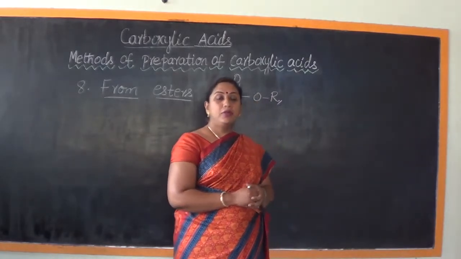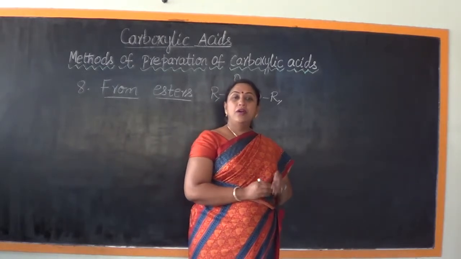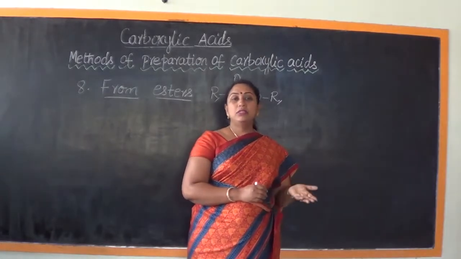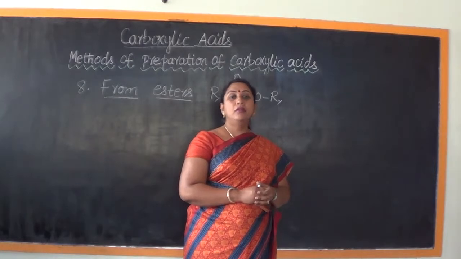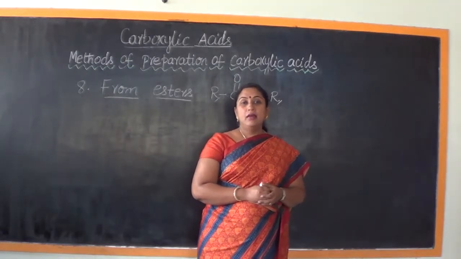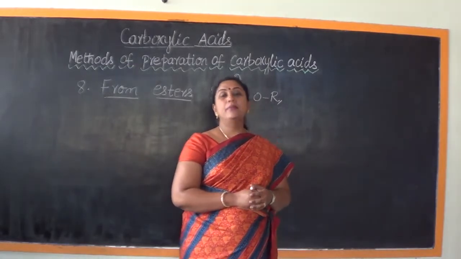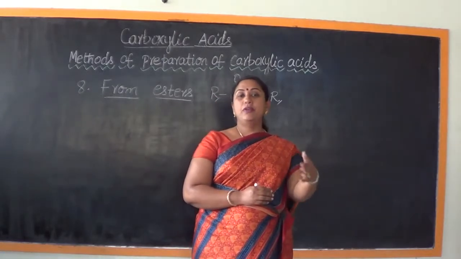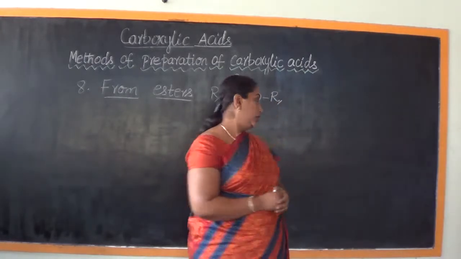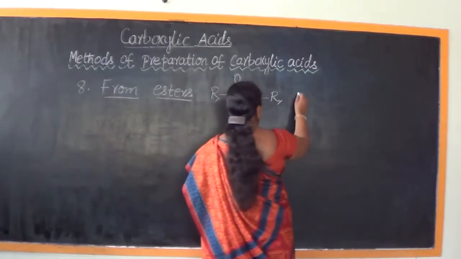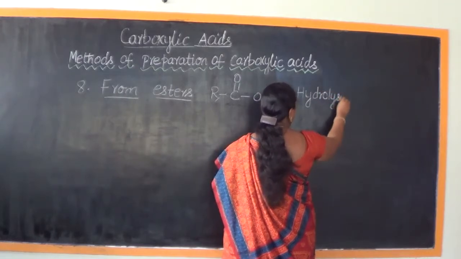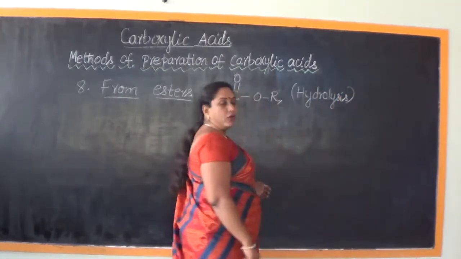In case we are carrying out the process of alkali hydrolysis, first we obtain the salt of that acid, maybe sodium salt or potassium salt, depending on which alkali we have taken, whether it is sodium hydroxide or potassium hydroxide. Accordingly, the respective salts are obtained, and these salts have to be further subjected to the process of acidification to obtain the corresponding carboxylic acid. So, the process involved is hydrolysis. This is the name of the chemical reaction that is involved.